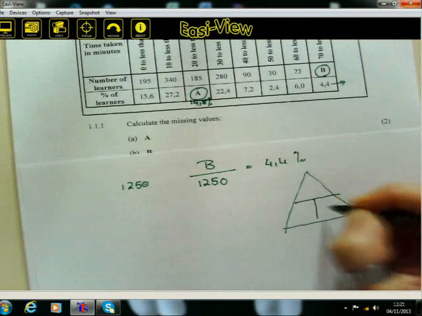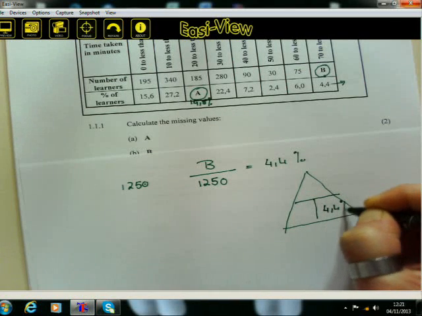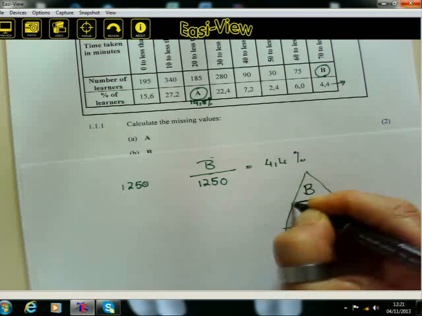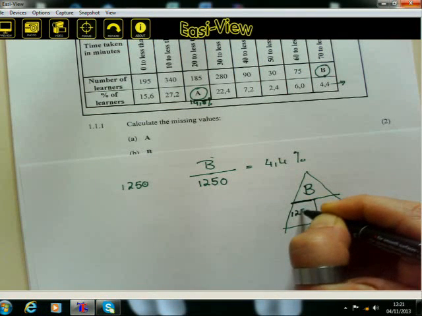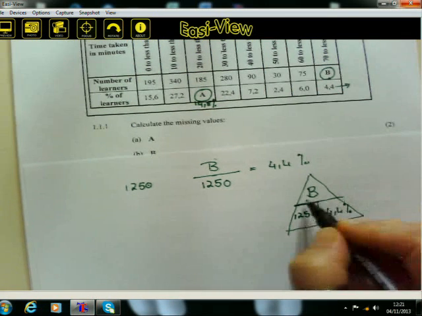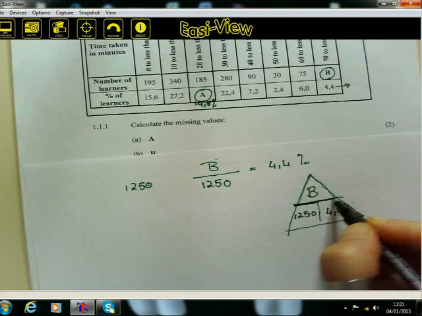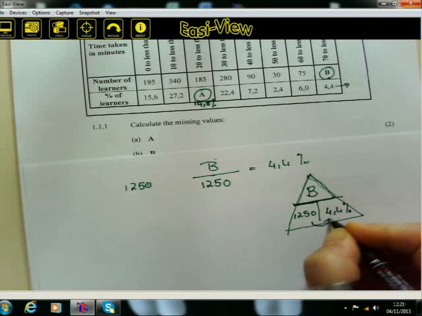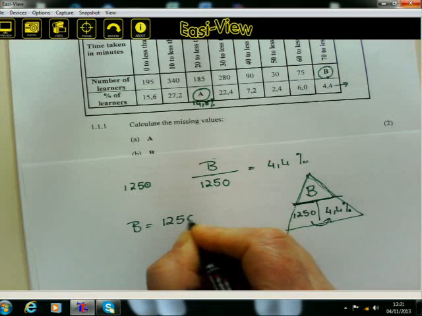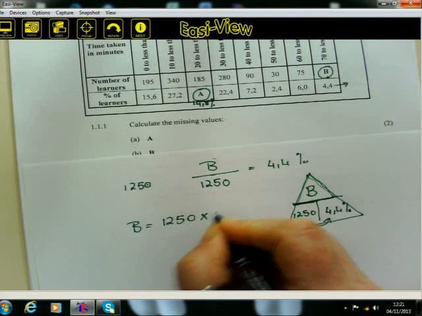I get 4,4% if I take B and I divide it by 1250. So what must I do now if I want B? What must I do if I want B? Since B is now here at the top, I must go and multiply 1250 by